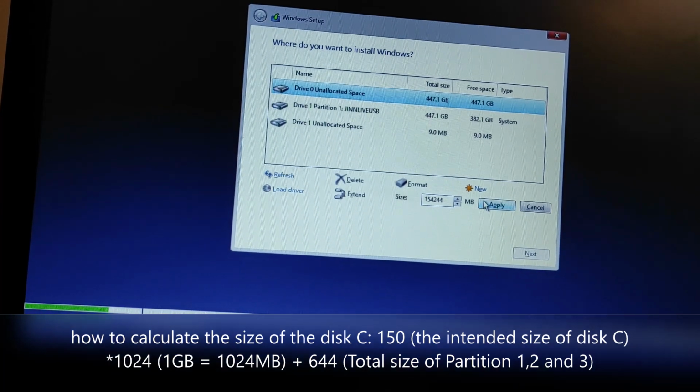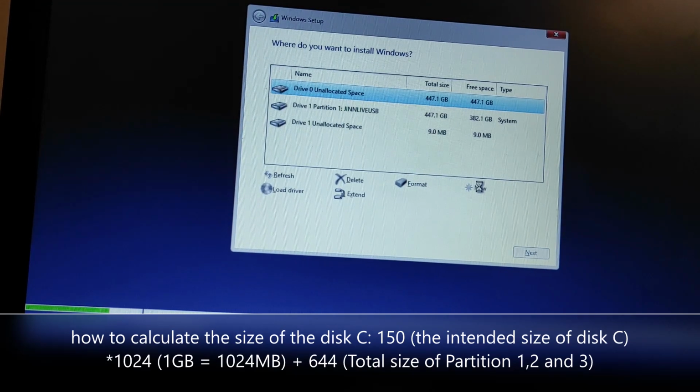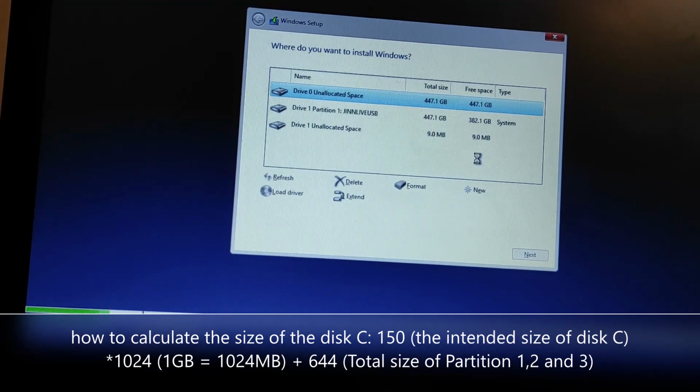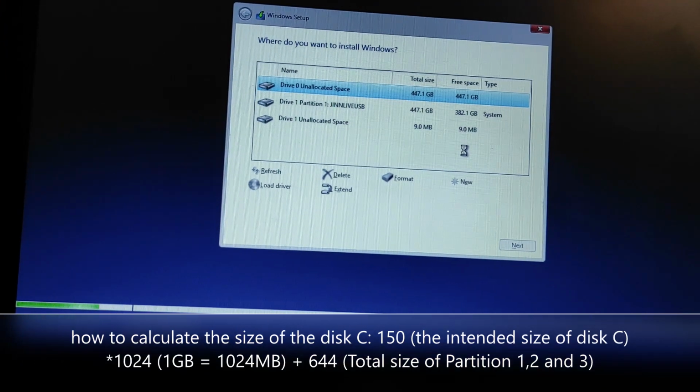This is the size of my disk, and you will see extra partitions are generated automatically.